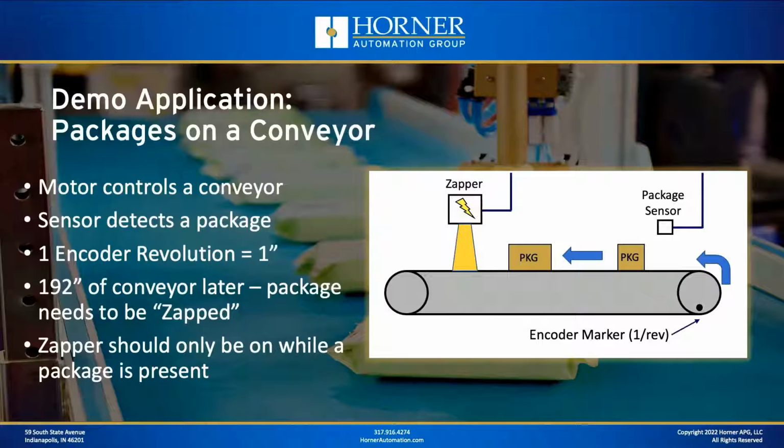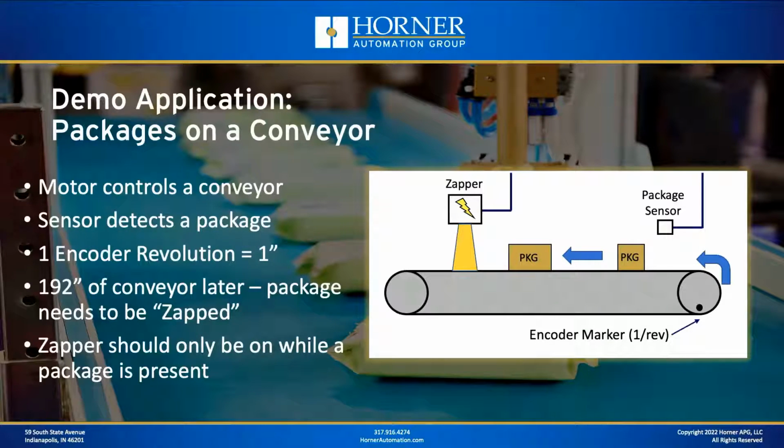We've got a motor that's controlling a conveyor, and there's also an encoder connected to the motor. Every time the motor does one revolution, the encoder does one revolution, and every time that encoder does one revolution, a marker tick turns on. A marker signal turns on. And it turns out the linear distance that the conveyor belt travels with every revolution is 1